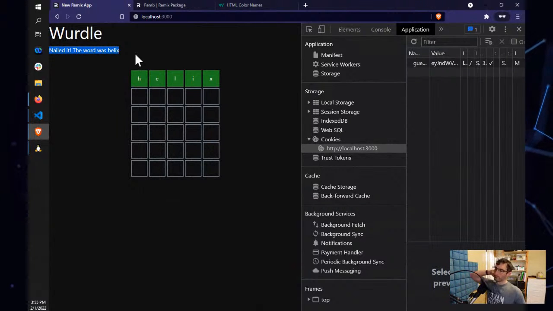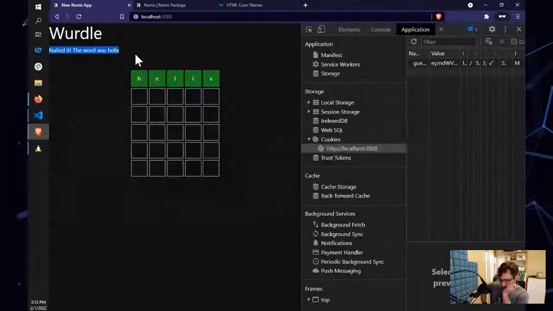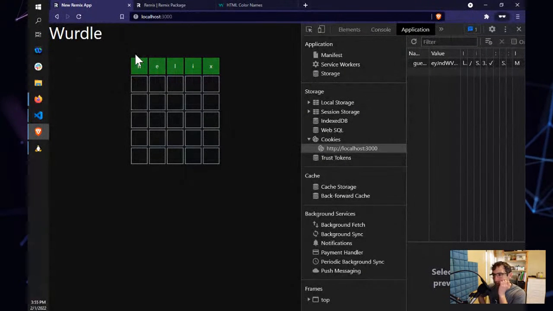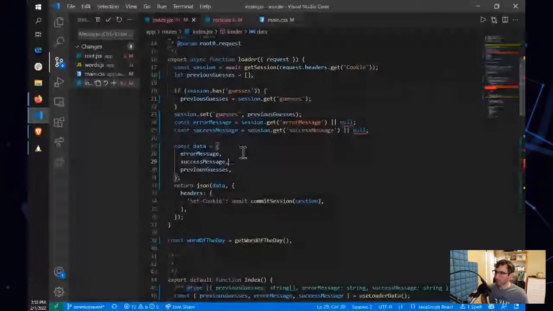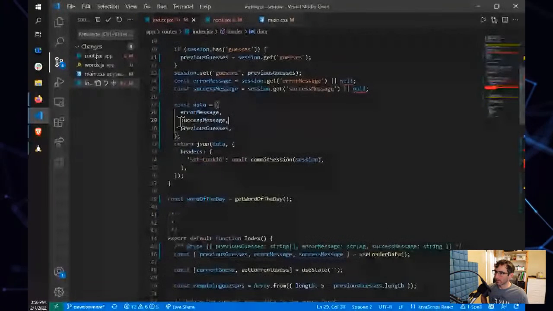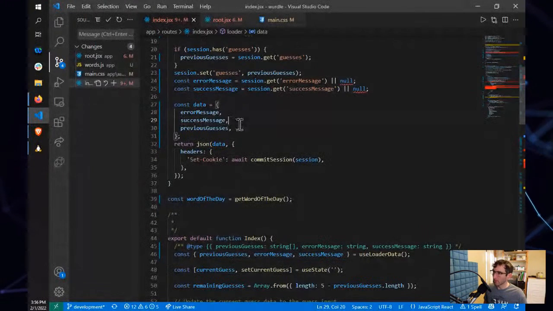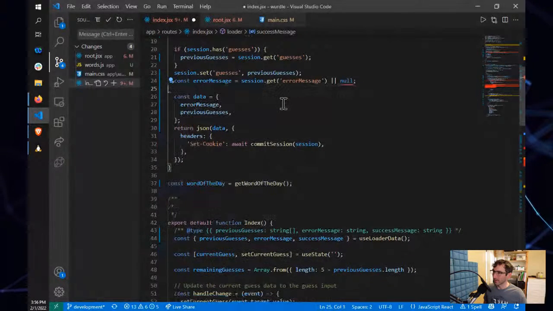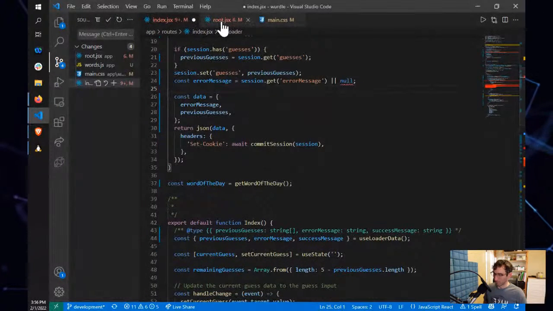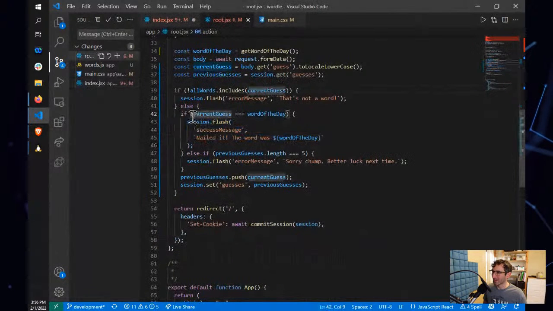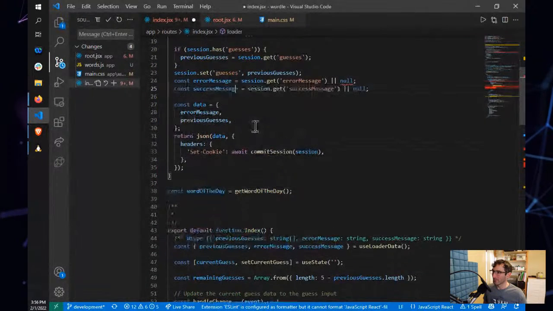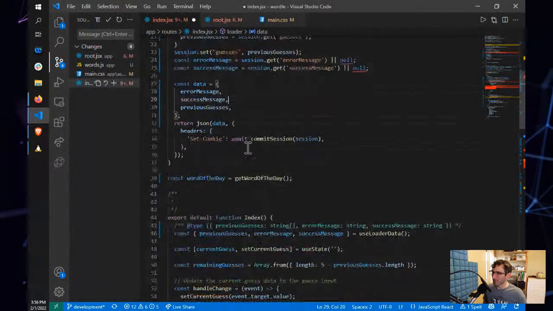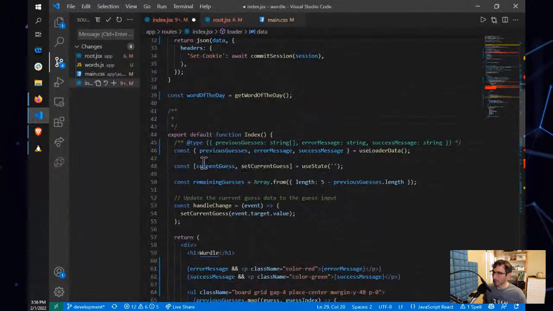Great. There's a problem with this, is that if we reload now, we don't see that we won. So we do need to be able to see that we've got the correct word. I think success message is probably not the right way to do it. In fact, we don't even need that. I mean, I guess I can keep that so that we have a flashing message. But what I want to do is say,